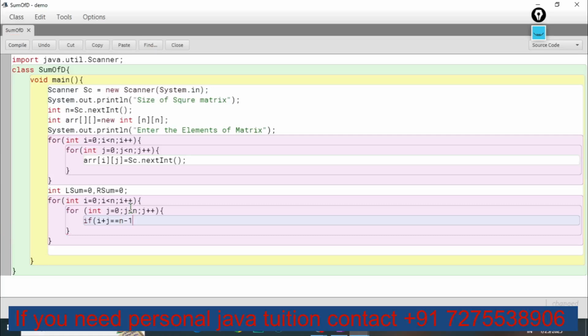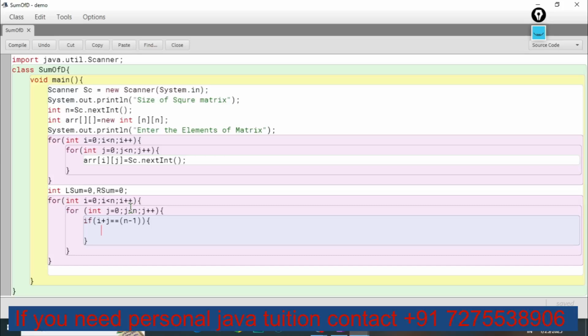We will write it in brackets so that there will not be any issue of precedence and associativity. Now, this is the code for the right diagonal. Whichever element lies on the right diagonal, I want to add in the right sum. So I will write r sum